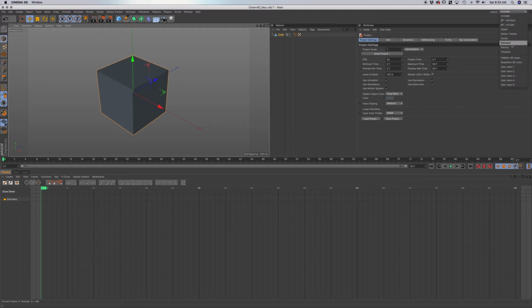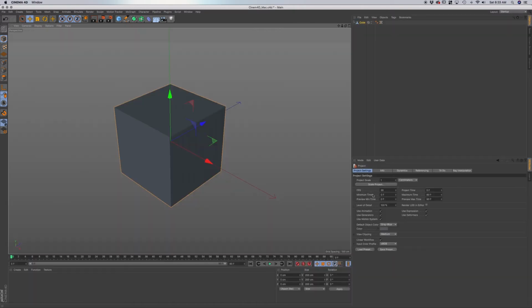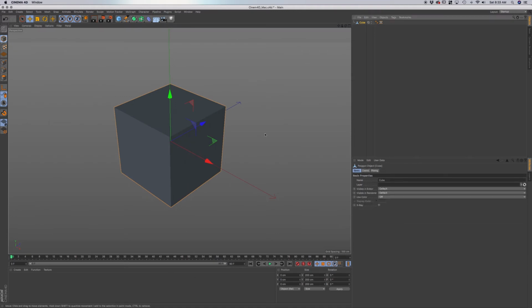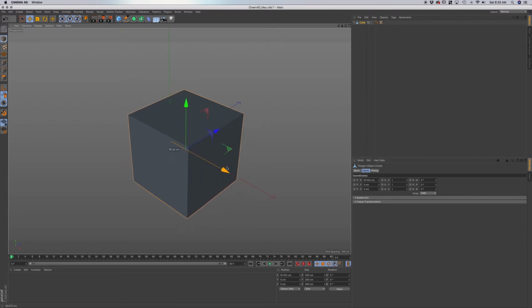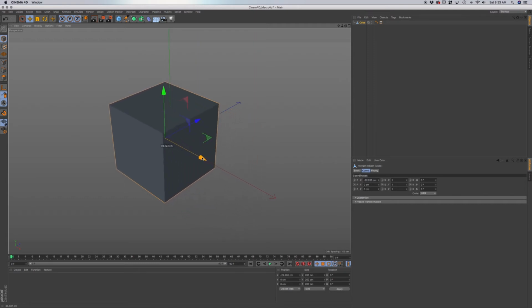You can just start off in the startup layout and have your own object, whatever you want to add in, and then you can go to the coordinates, and that's just basically where the object is moving within 3D space. So if you have an object and you just add a keyframe for that area,